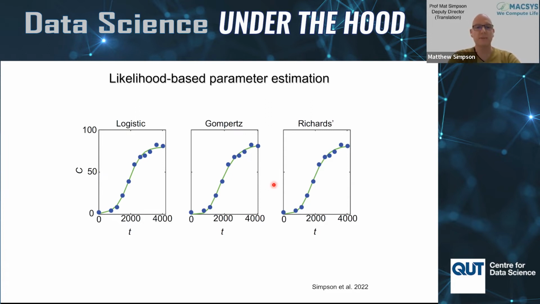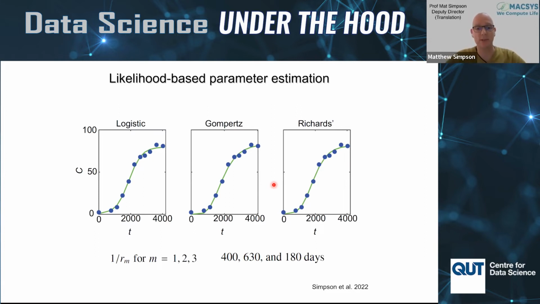You can also do some extra model checks if you like. You can analyze the normalized residuals and check that they've got a mean of 0 and that they're approximately normally distributed. And we find that in each case, each of these models seems to do a reasonable job based on these simple criteria. However, if we look at a practical implication of this parameter estimation, what I'm interested in is